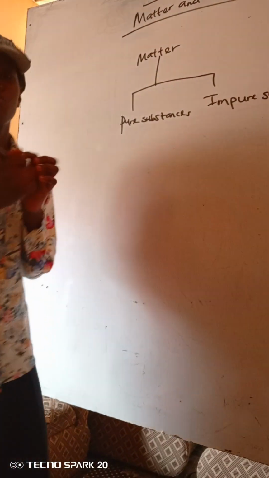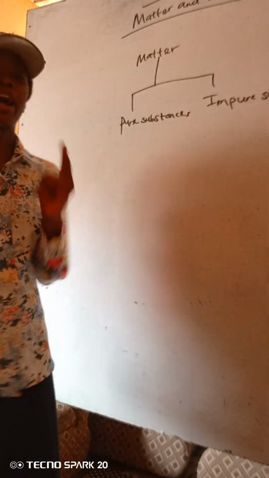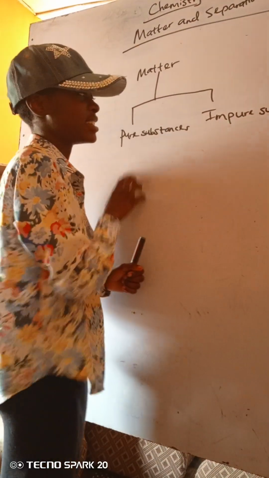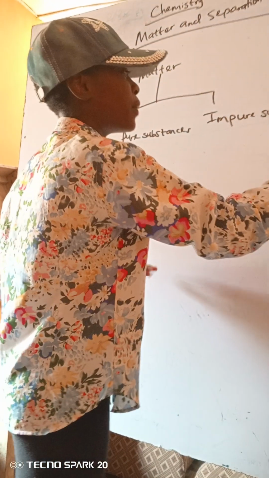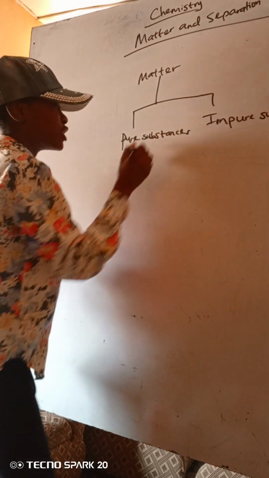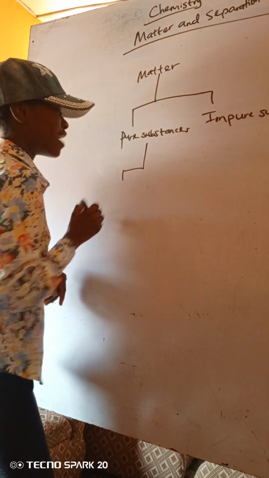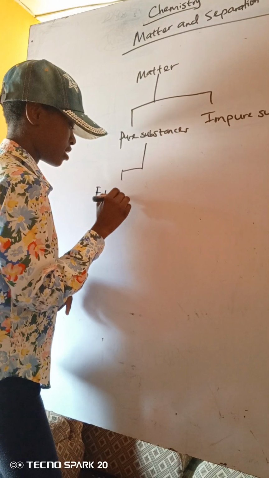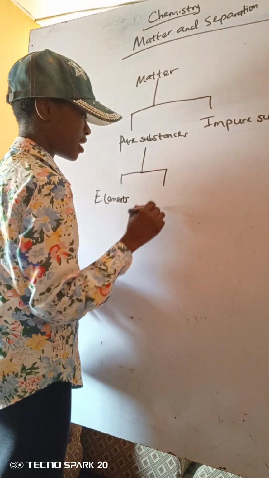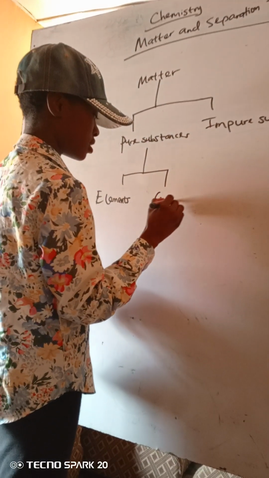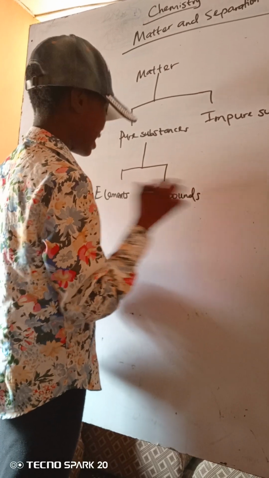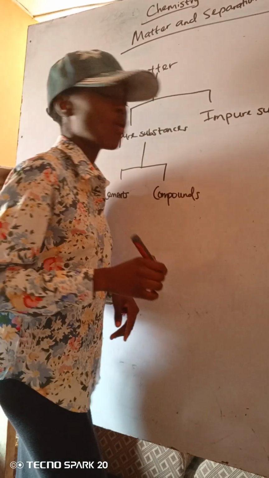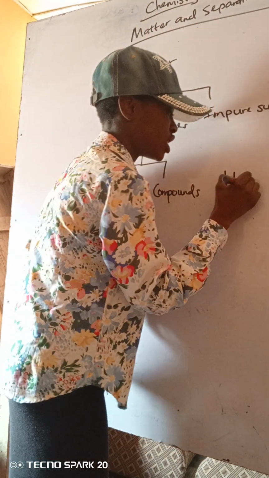Matter based on chemistry or chemical composition can be classified into two forms, which are pure substances and impure substances, otherwise known as mixtures. Under pure substances, we have what we know as elements and compounds. While under impure substances, we have heterogeneous mixtures